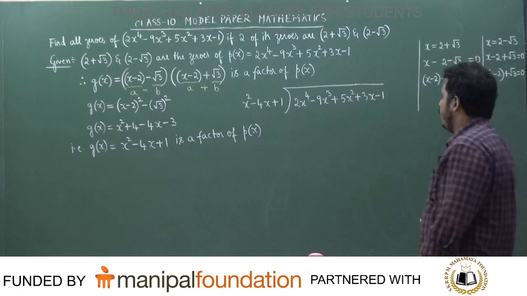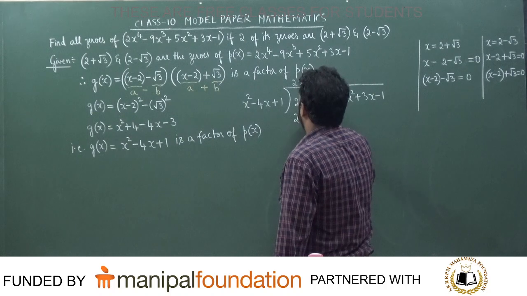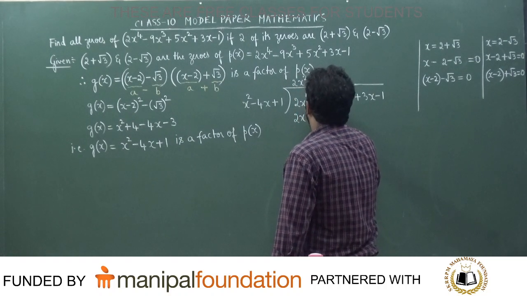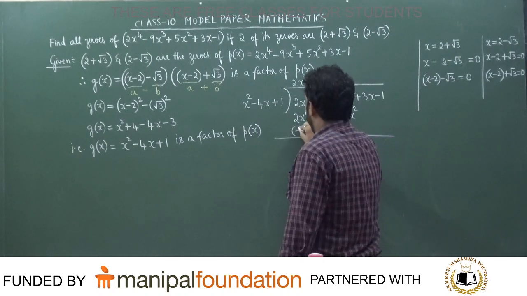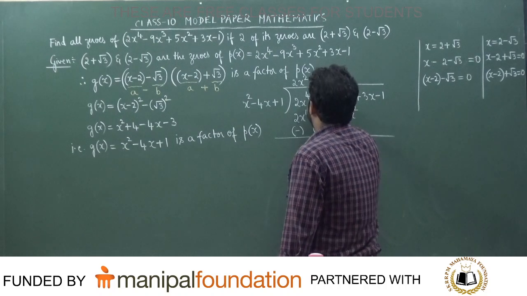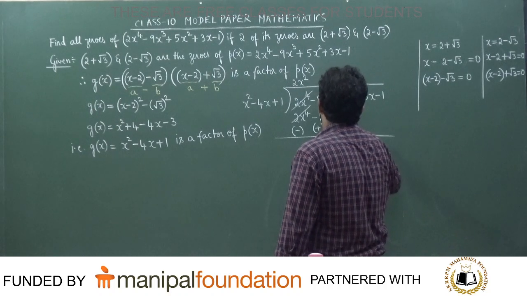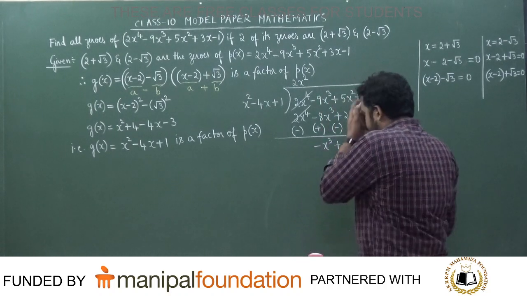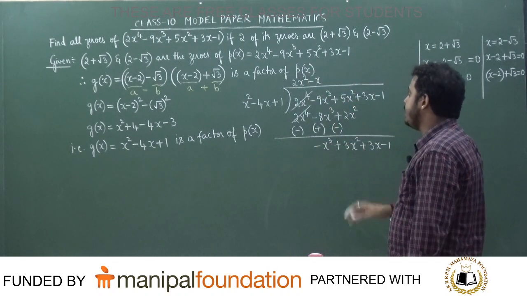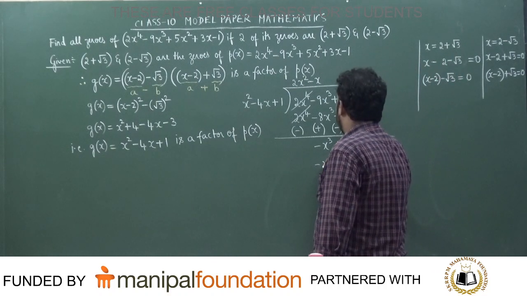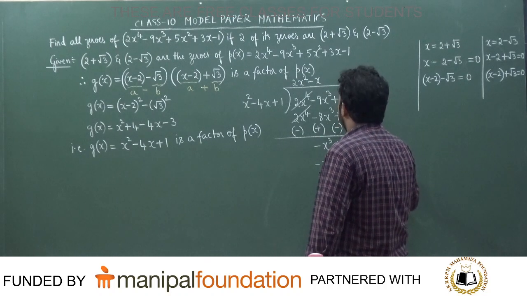So what can we write now? x square into 2x square will become 2x to the power 4, minus of 8x cube plus 2x square. Minus plus minus. This and this will get cancelled. Minus x cube plus 3x square plus 3x minus 1. Correct or not? When doing this, the remainder must compulsorily be 0, students. Otherwise what you have done is wrong. Okay? Minus x cube plus 4x square minus x.